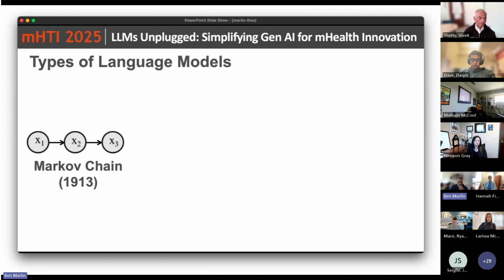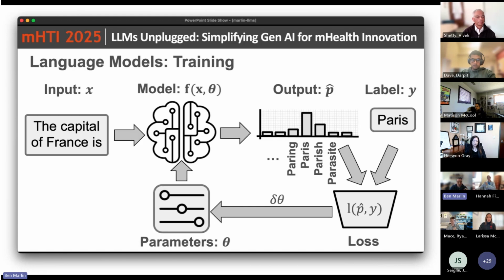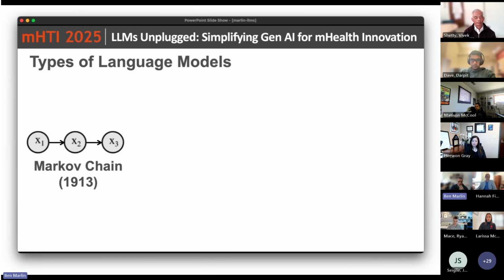So I mentioned that language models are not a new area. They've existed for a long time. Again, the work going back to 1913 used a specific form for the language model function. So the piece that sits in the middle here, what is it? It could be lots of different things. These older, original models use something called the Markov chain at the character level. They really just looked at what is the probability of the next character given what the current character is.